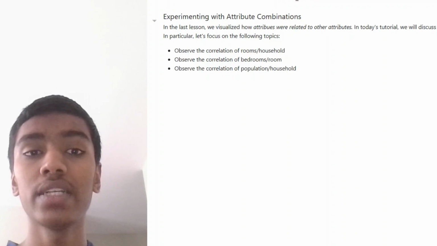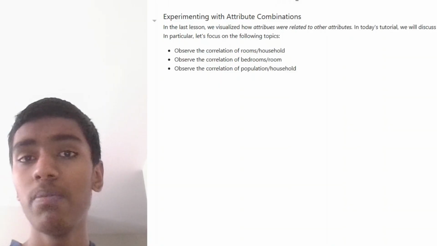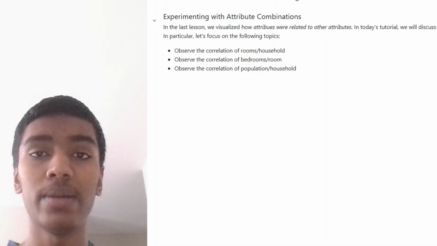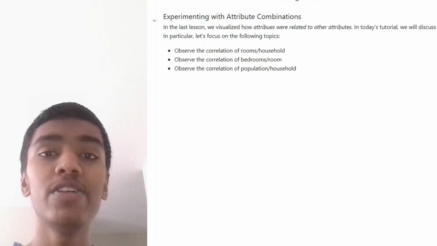In today's video, we're going to discuss experimenting with attribute combinations in our data. In particular, we're going to take a look at attributes in our data that may not be very useful to our machine learning model and experiment with that data in order to make it data that may be useful to